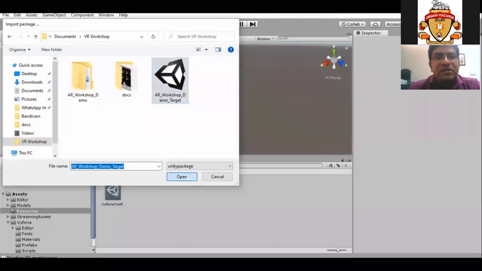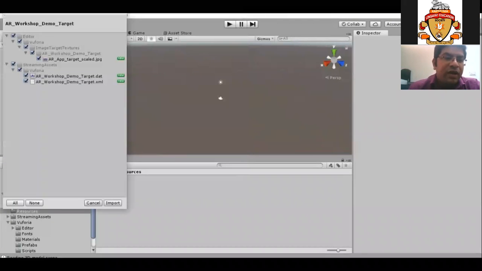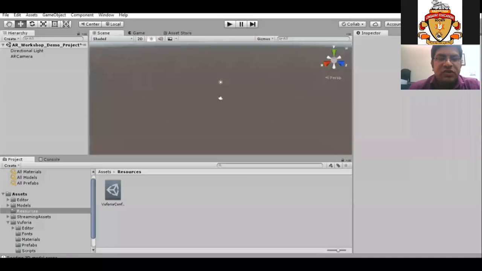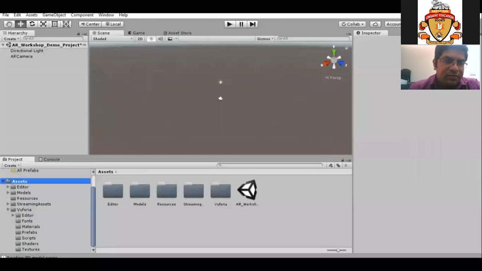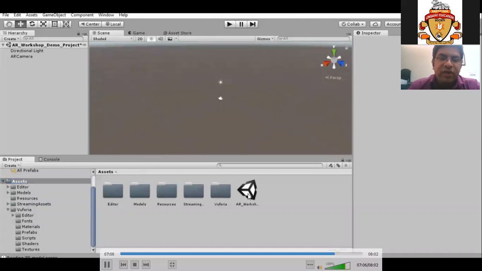One will be the license, one will be the database. I have already copied and pasted the license. Now I am importing the database. If we click on import, the database will be uploaded. In the assets, the database has already come, we can see.